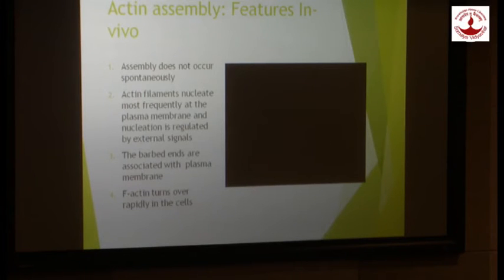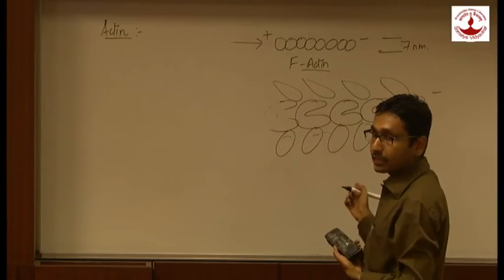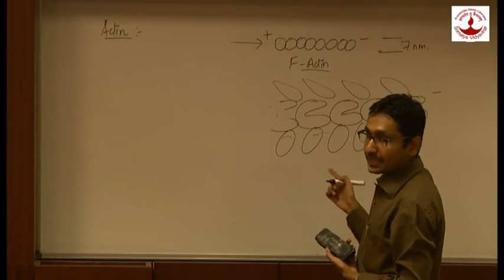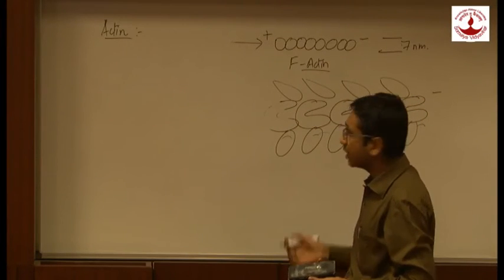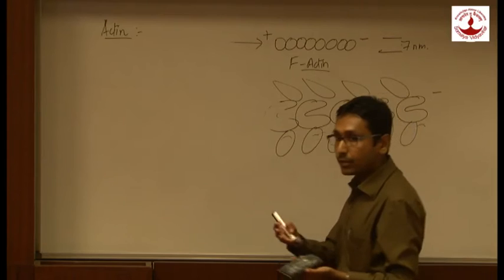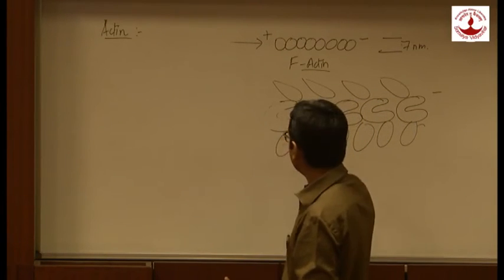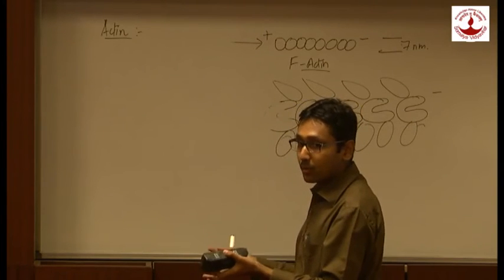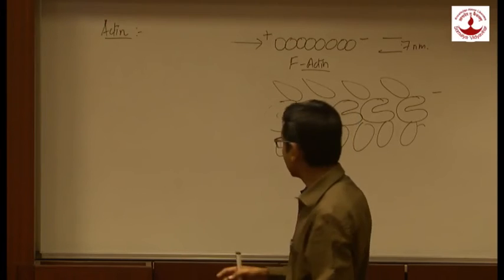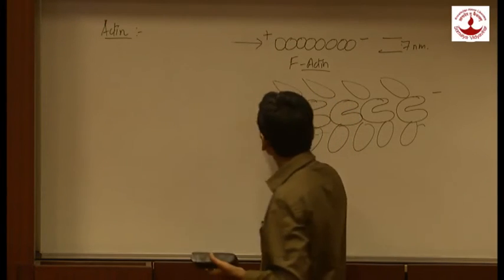To further elaborate, as I said, there is a structural polarity and it also has a functional polarity. If you want to join this filament, this is an experiment where I take this filament in a test tube and I flood more actin monomers, the G-actin monomers, in that test tube. What I see is the assembly occurs